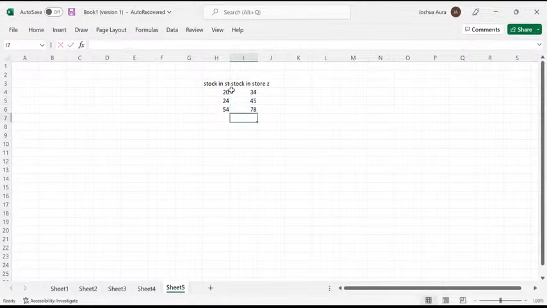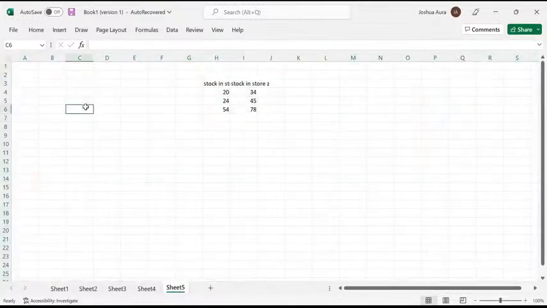The first thing I realize here, ladies and gentlemen, is that I can't read my titles. So straight away, this stock in store Z, the sentence is bigger than the cell. When you realize that, as a good student of Excel, what you're supposed to do immediately as a warm-up is to highlight the entire Excel sheet. You could say Control A,